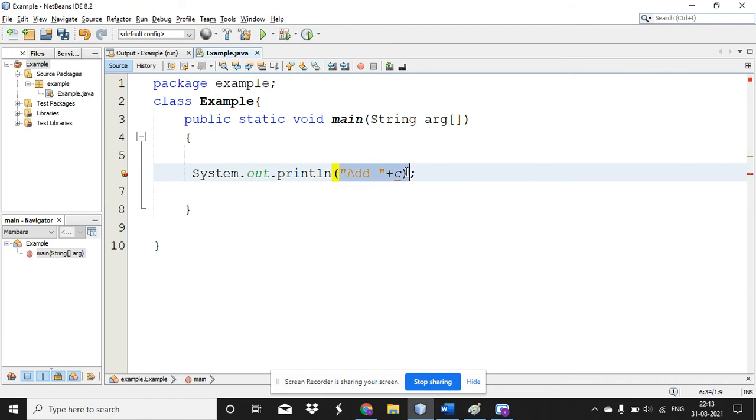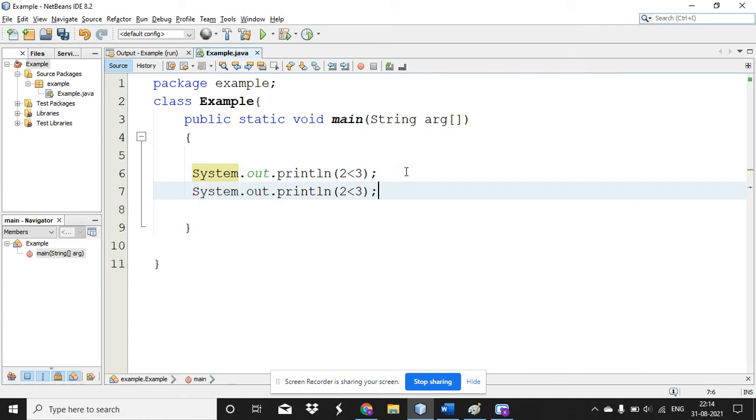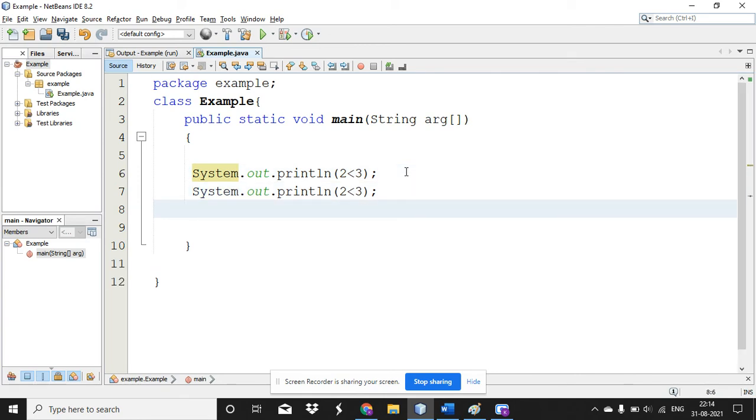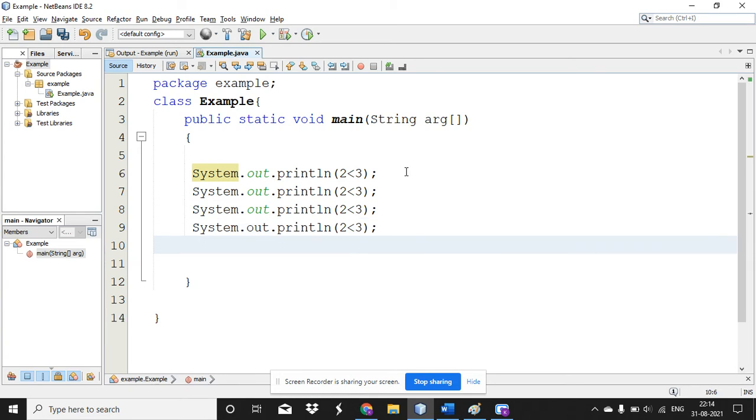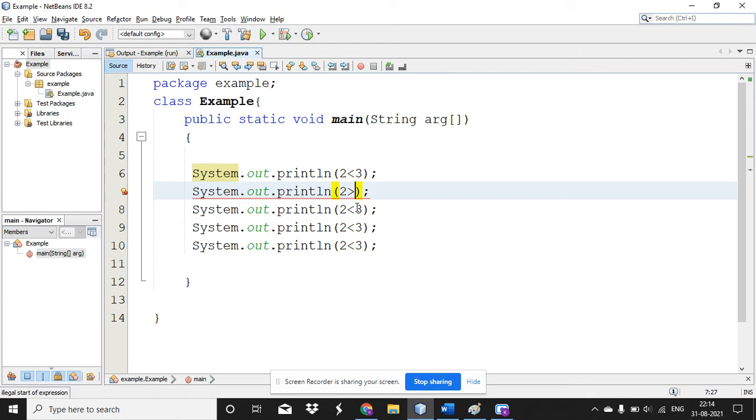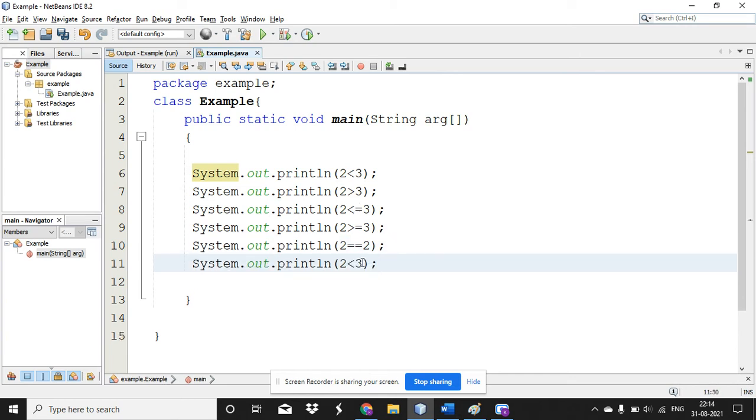Okay. So the same thing we are going to apply in the IDE. So I'm deleting everything here. And for the first one, 2 less than 3, I'm copying everything and changing the values alone. Greater than 3, less than or equal to 3, greater than or equal to 3, double equals to, and not equal to.